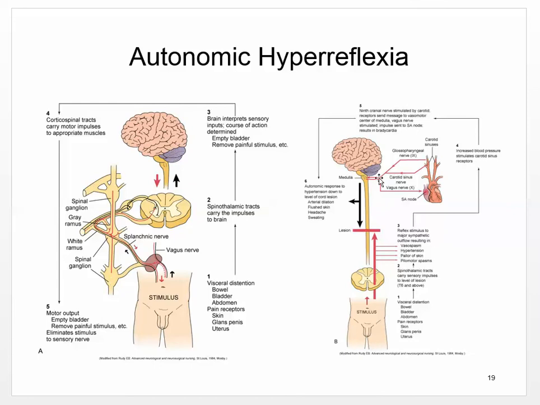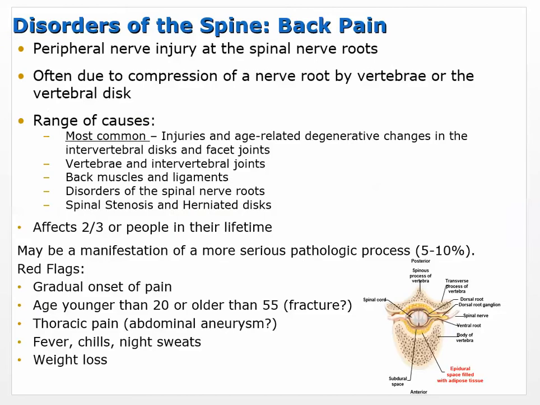Okay, and so this is another image showing the same thing, the control of the heart with the parasympathetic, and then this reflexive feedback causing the vasoconstriction. Okay. So let's move on to disorders of the spine, and so we're going to talk about back pain